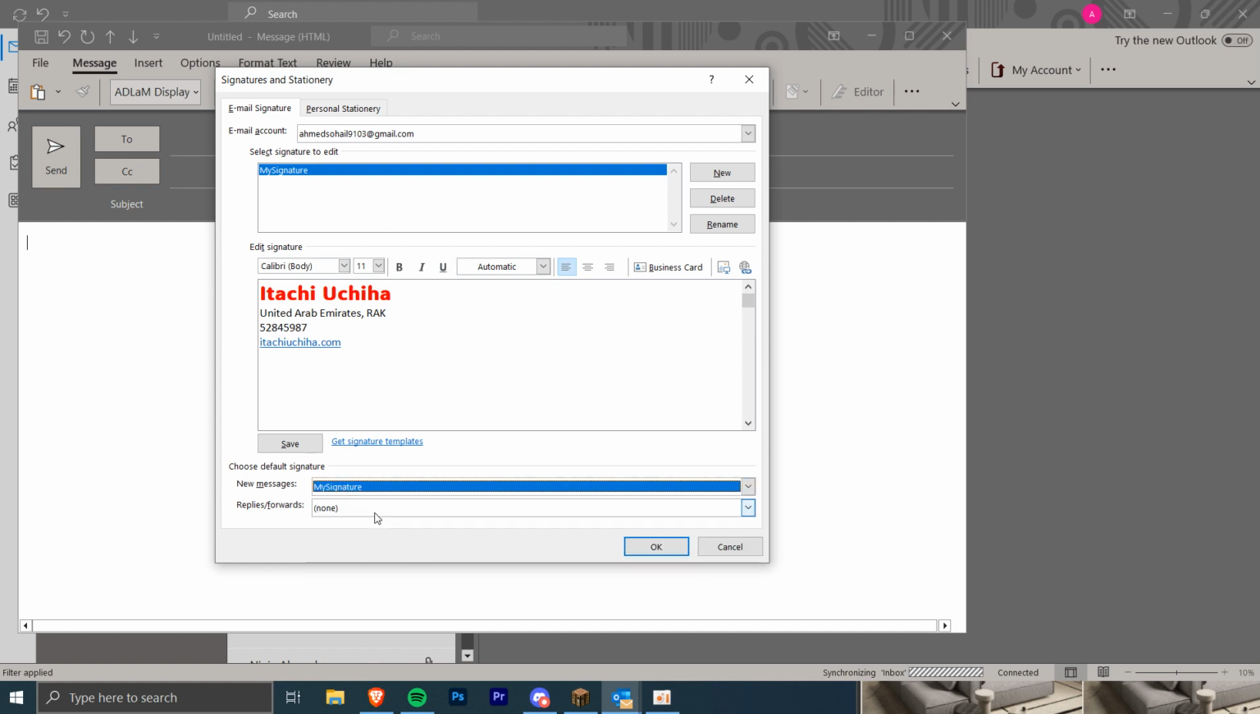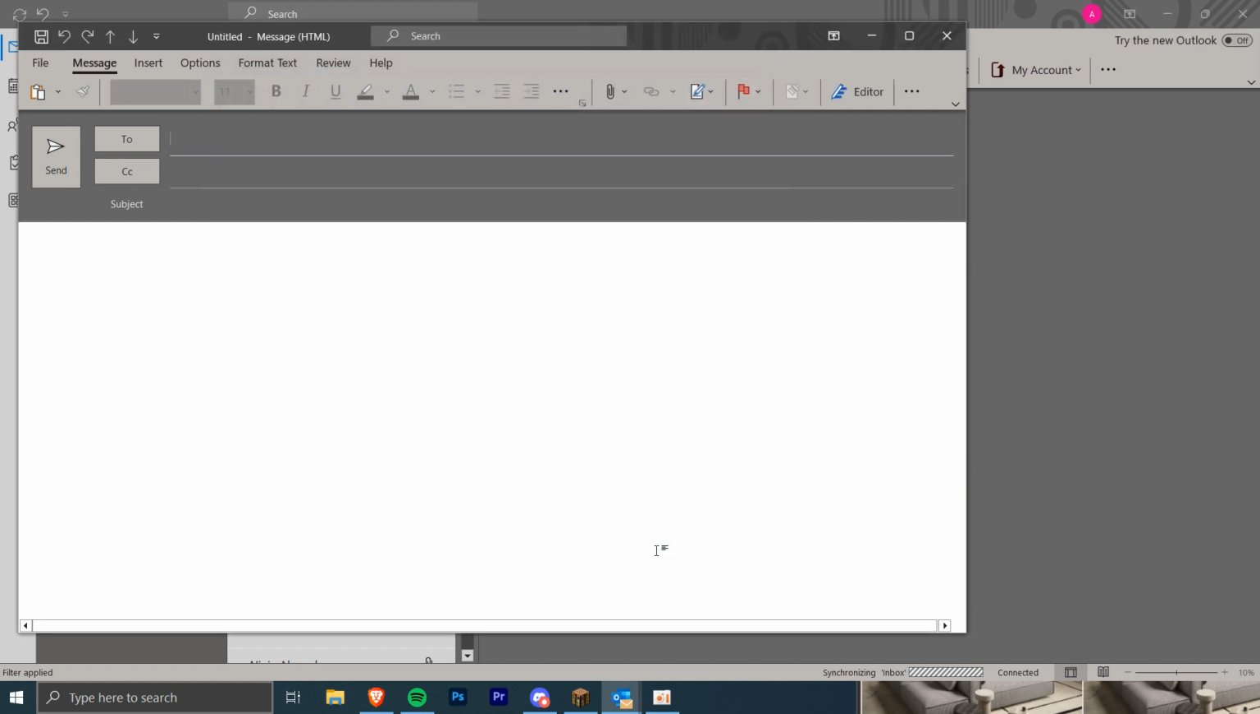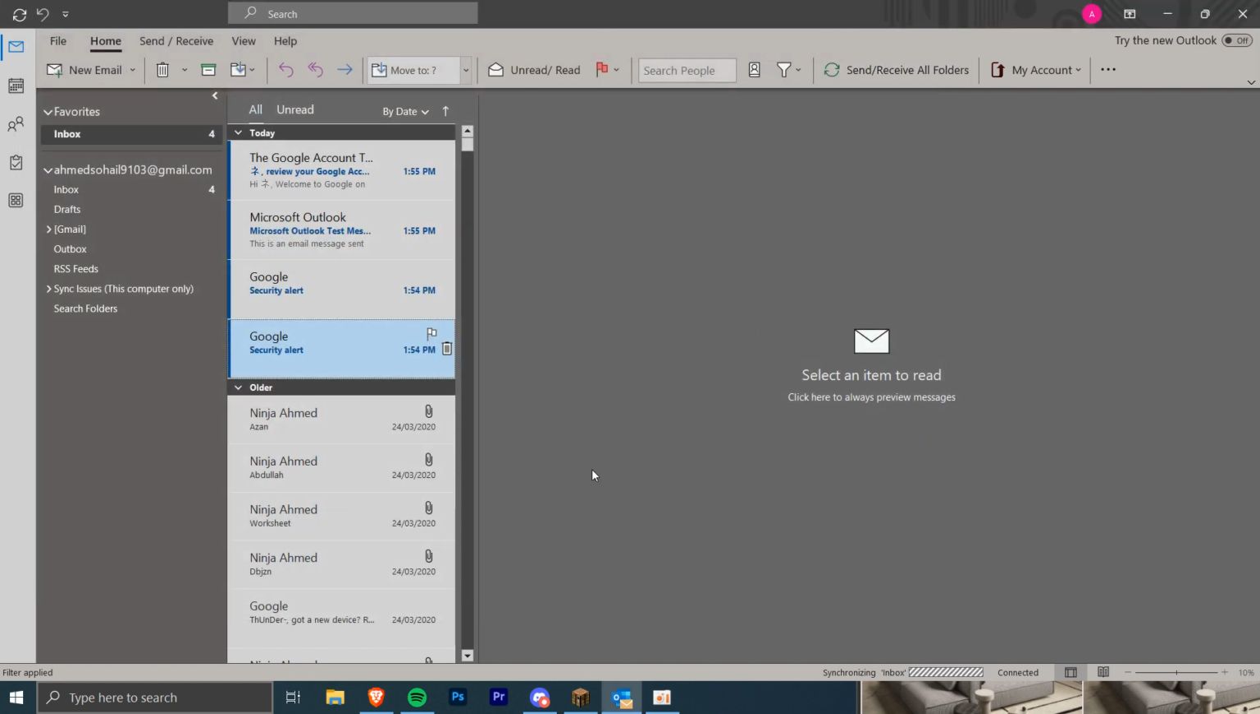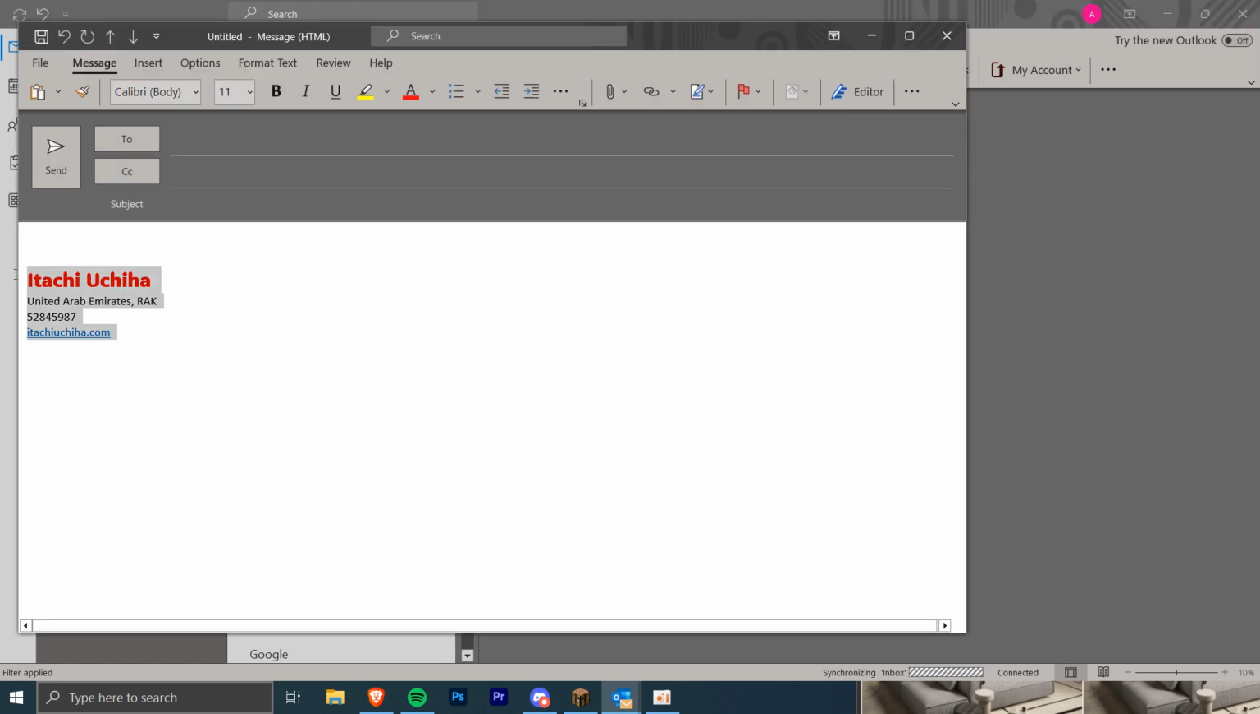So my signature. And then I'm gonna click OK. Now I can close this, and now when I open it, I'm gonna click new email. As you can see, it automatically appears without having to type. It's selected right there, my signature, and it automatically pops up. Now you can type your email, the address you want to send to, and feel free to send